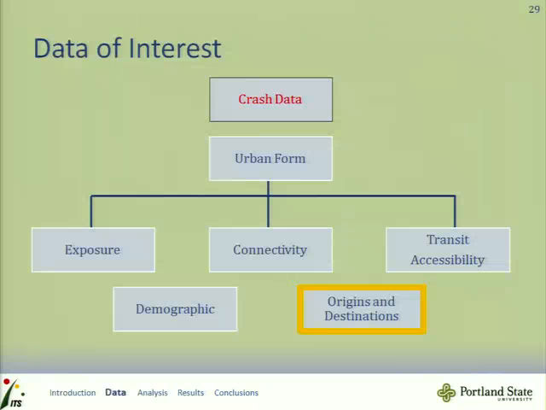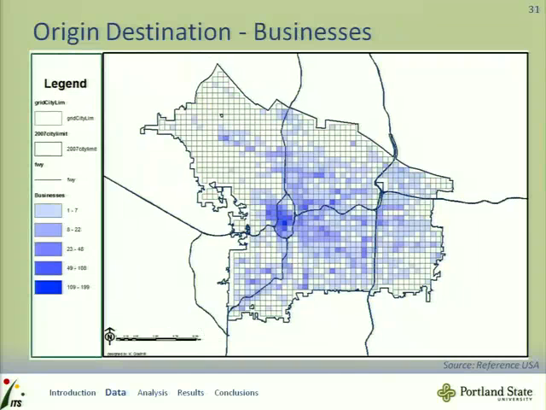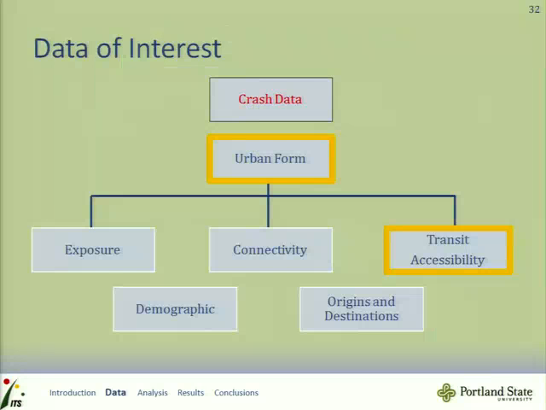Origins and destinations, well, where are people going to be coming from and where are they going to go? Well, there's going to be employment, right? Where do we have jobs? The central business district, again, has the heaviest concentration of employment. Where are there businesses? And these are the data that I got from a place online called Reference USA with Nathan McNeil's help. He'd already geocoded most of this. We see a lot of businesses in the central business district, but it's very interesting to see how they're dispersed throughout the city limits. We have them in quite a few locations.